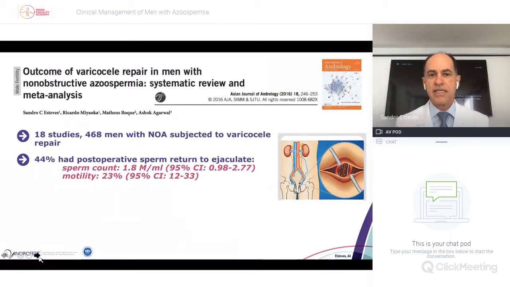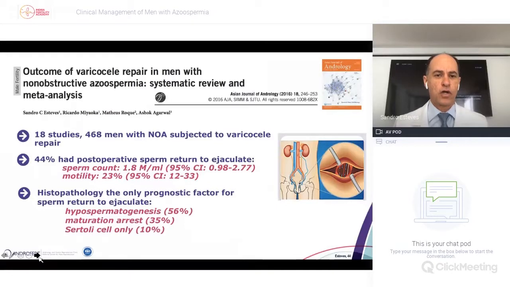The sperm count was low, but the varicocele repair was able, according to this data, to rescue spermatogenesis to a point in which sperm retrieval was not necessary. And it happened in about 44% of patients. And in these patients, the histopathology was the only prognostic factor for sperm return to the ejaculate. So what these doctors have done during the operation, including a study of our own that has been included in this systematic review and meta-analysis, what we do during the operation, we take a specimen from the testicle and send